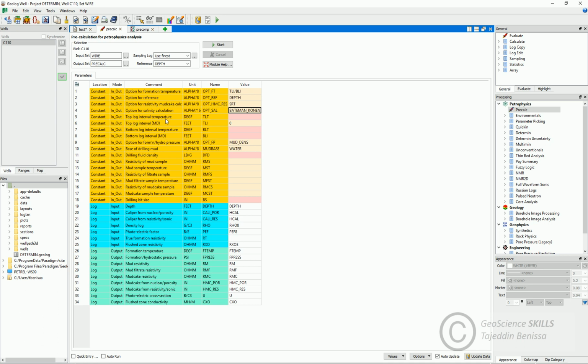We need to set the top log interval temperature, which is in this case 70 degree Fahrenheit. Top log interval, it's 3314. Then we come to the bottom log interval temperature, which is 140 degree Fahrenheit. Bottom log interval, 4087. For the option for hydrostatic pressure, we choose